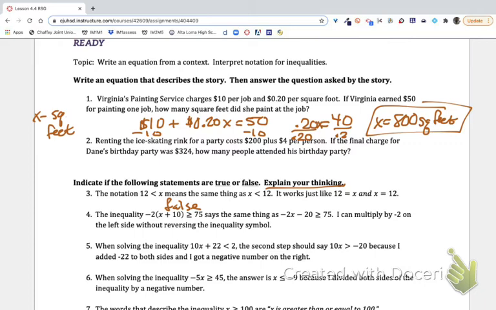When solving the inequality 10x plus 22 is less than 2, the second step should say 10x is greater than negative 20. Well, let's go here. So the first step would be to subtract 22 from both sides, and you would end up with 10x is less than negative 20. So the second step would be to divide both sides by 10. But see, here's the thing, it says less than, and in the problem it's giving me greater than,